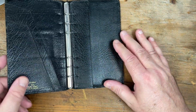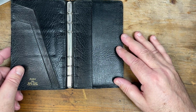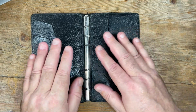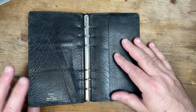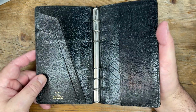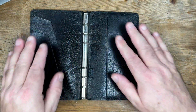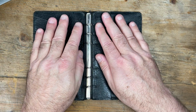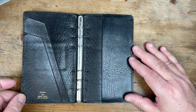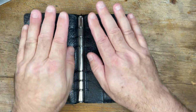And this particular one, well, let's talk about flatability, because flatability is not something that is always synonymous with vintage Filofaxes, particularly if they've been sitting in a drawer and the leather has dried. But why do I like this? Why is this, of the many slimline models I have, my favourite? Well, on this particular one, the flatability is excellent. I have got some of these where there is no flatability at all, and you can open it like that, and when you let go it will go back like that, like a clamshell, because they are so stiff. But this one works,